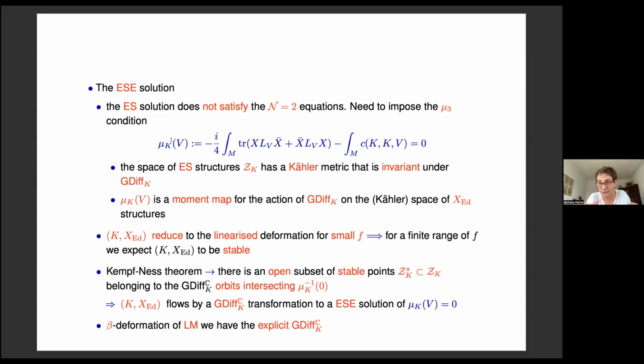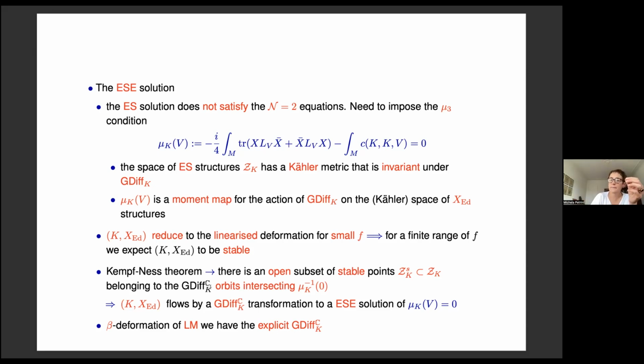And if I'm in this setting, we have a group, GDiff K, that acts and respects the Kähler structure, so it also respects the symplectic structure on the manifold. We have a moment map. And also, as I said before, these deformations are continuously related to the solution of the full equations. So we can continuously deform them close to the original point. So we are in the situation to apply a generalization of Kempf-Ness theorem, which tells us that there is an open set of stable points in this large space of solutions of our exceptional Sasaki solutions, which we call the XZ solutions, that can be brought by an action of a complexified GDiff K to